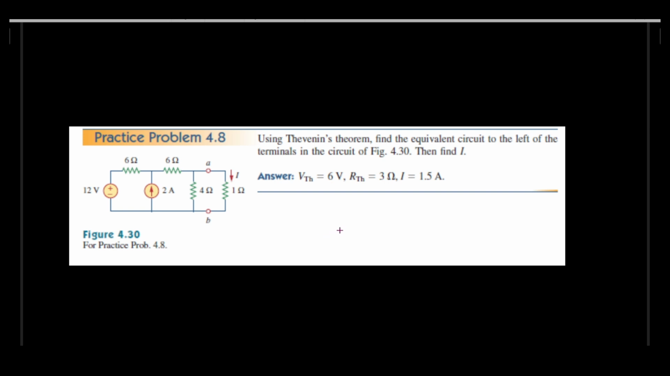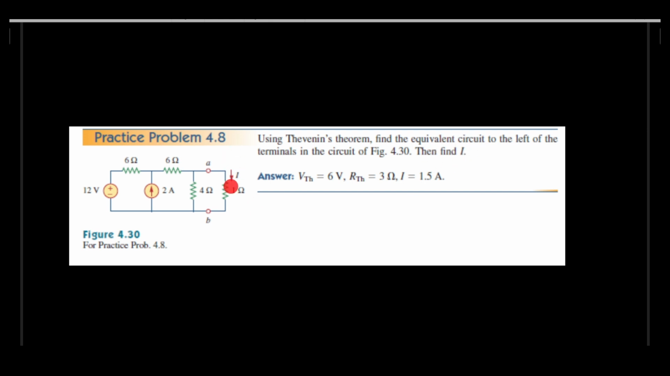Everybody, today we are going to solve a problem from Fundamentals of Electric Circuits by Alexander and Sadiku, 5th edition. This is practice problem number 4.8. The question is, using Thevenin's theorem, find the equivalent circuit to the left of the terminals in the circuit, then find I. So we need to find the Thevenin's equivalent circuit and we have to find the current